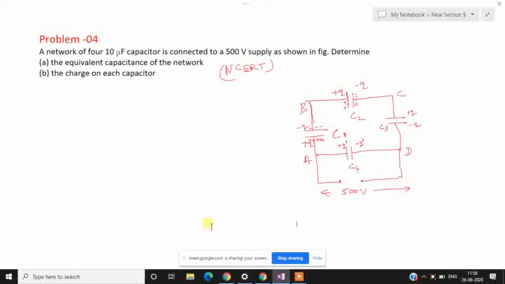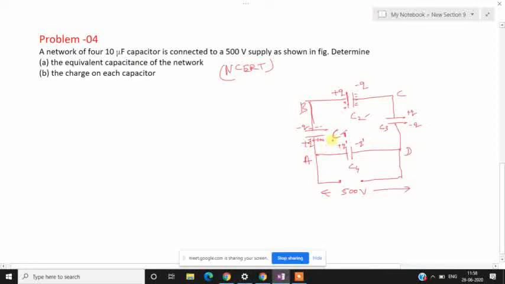This is a homework question from your textbook. It is simple, but if you have any doubt regarding solving this question, I'll go through it in 2 minutes. I have taken here C1, C2 and C3 connected in series, and first we find out